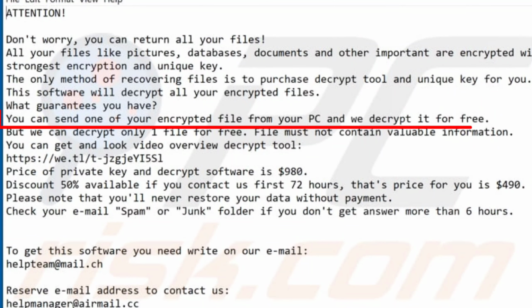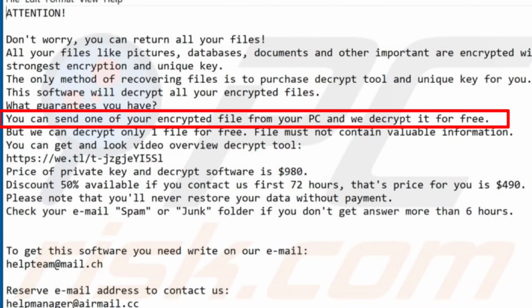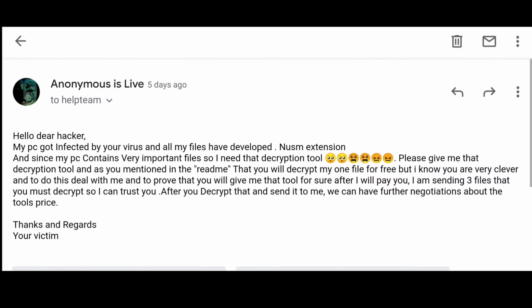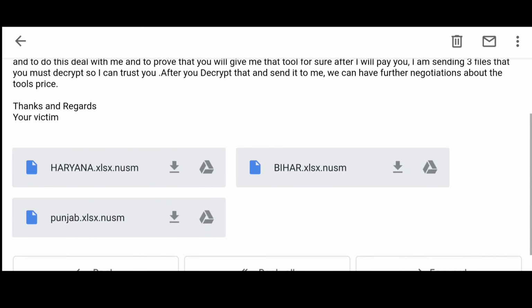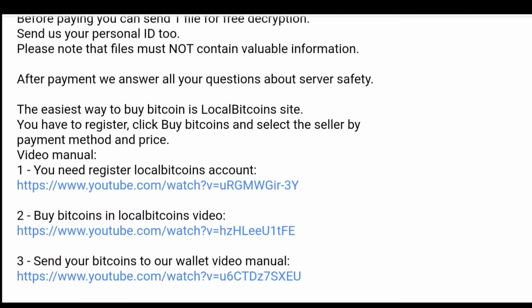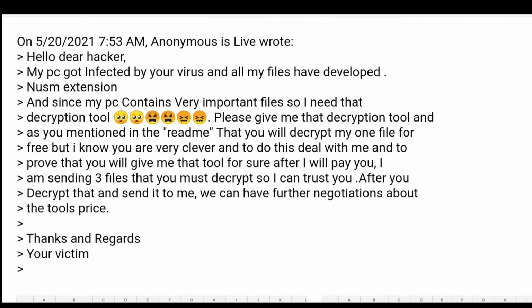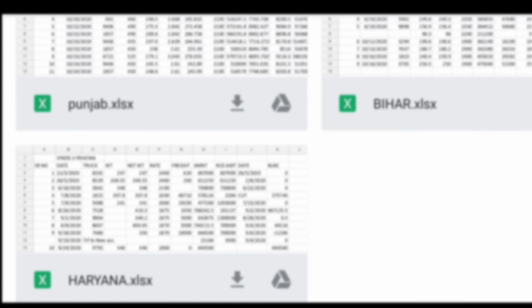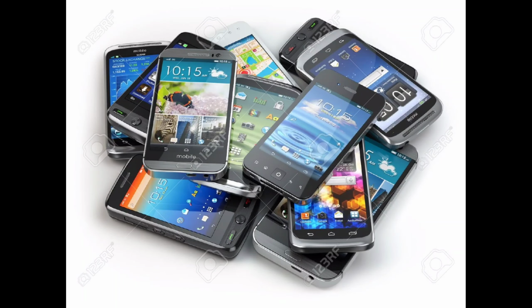As the hacker has mentioned in the readme text that he can decrypt any one file for free, you have to make use of that statement. As you can see on the screen, I have sent him 3 files to decrypt as a sample. And I know if I tell him that I am ready to buy that software, he will definitely decrypt that for me. So now just take out your most important files that you must get decrypted and send them to them via different mobile phones with different email IDs.